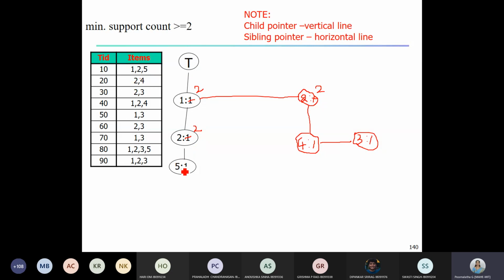We don't have 4, but already we have one child node below this 2. So now this 4 becomes sibling of this 5. Okay. So what am I doing now? I'm using a horizontal line to connect 5 to its new sibling 4 with its count as 1.